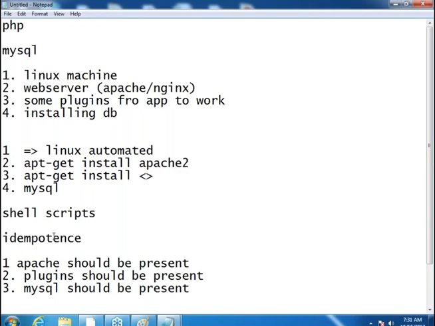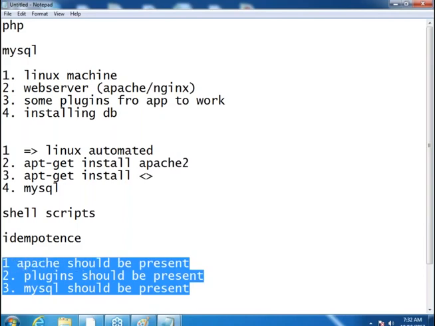So to tell it this way, it depends on what your configuration management tool supports. This is why we learn the tools. We learn Ansible to know what it supports, where we can tell what we want, or where we can tell how we want. That's the whole journey over here. Are we clear on the idea?